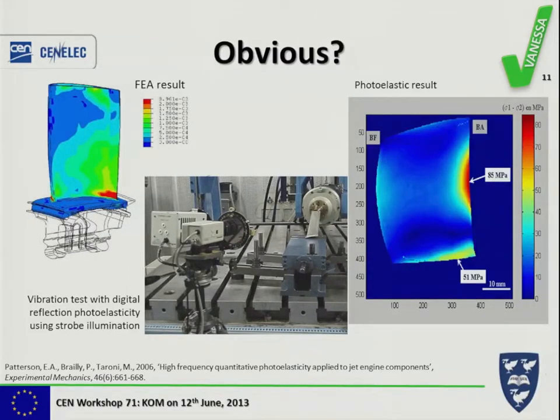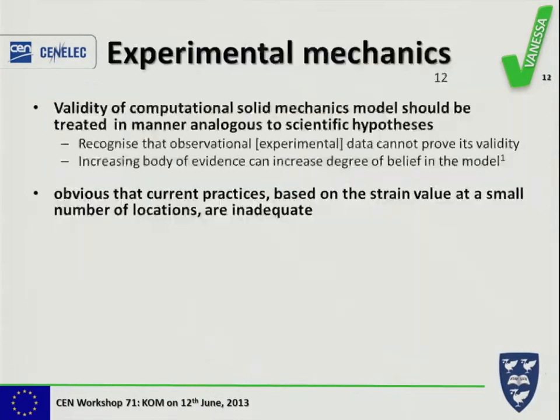And so here's our photoelastic result. We obtain it in terms of the difference in the principal stresses. And you can see that we've got a small hotspot in the same place as the finite element was predicting, but a much bigger one on the right-hand edge of the blade, which the FE model had not detected at all. And so if you had validated the finite element model by simply putting a strain gauge at the location of the hotspot predicted by the model, you would have probably determined that your model was fine, when in fact it wasn't. So, although it may be obvious when you think about it that we need to do full field measurements,